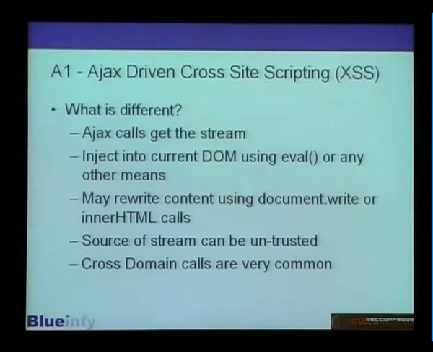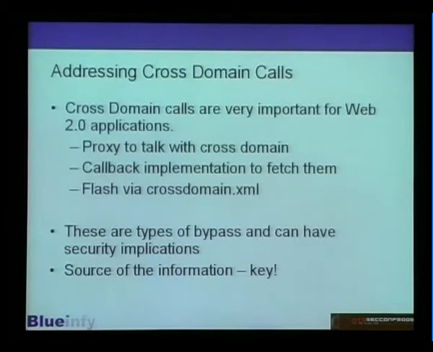So whatever is coming, it does an eval. It's like doing a command execution on your browser's DOM through JavaScript, or you need to do a rewriting, whether you do a document.write or you change the innerHTML or such. So one of the fundamental things over here is that the stream which is coming to your browser is coming from an untrusted source if you are running a mashup application, and cross-domain calls are very common. So cross-domain calls are one of the important ingredients of your Web 2.0 application,